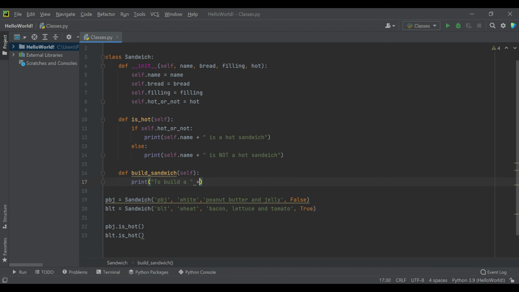And let's print "To build a", and let's use the name here. So let's say "To build a" plus self.name. And you can see inside these functions, you actually use self. to use the variable inside of the function, not just the name. It's self.name or self.bread or self.filling or self.hot. You always use self. before you use something inside of a class. So "To build a" plus self.name plus "sandwich",